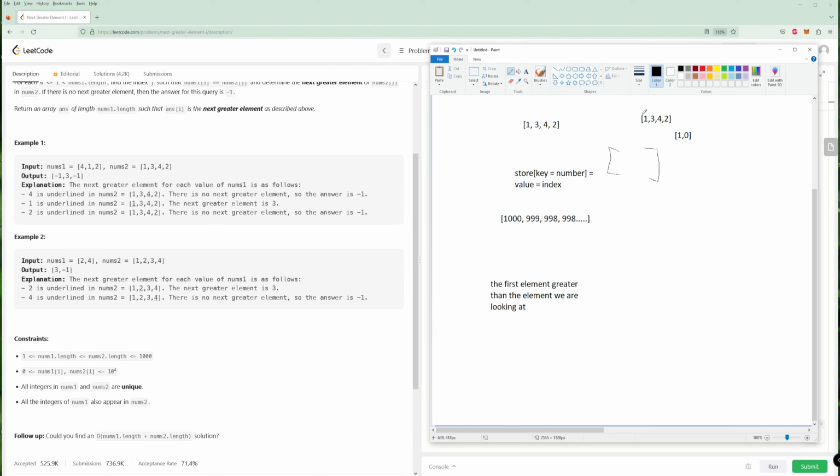So we're going to loop through this entire array, and we're going to put these numbers in the stack if it's empty, and if it's not, we're going to check, is this number that we're at greater than things that are in here? So let's see what that would look like. So our stack is empty, so our first iteration, we're just going to put in 1, 0 here. Now we were at here, now we are here. So is 3 greater than... the way we're going to do this is our stack should always be in decreasing order,